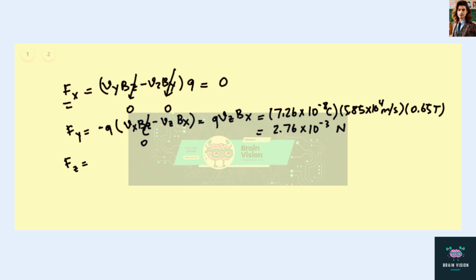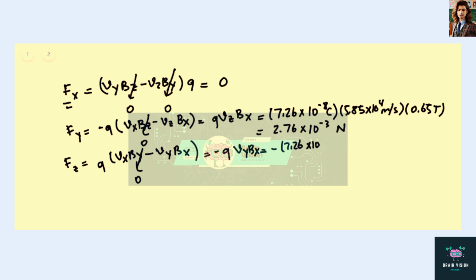Now, let's do the last part. F sub z would be equal to Q times (Vx By minus Vy Bx). By is 0, so the first term is 0. We're left with only the second term times Q. Negative Q Vy Bx then would be negative